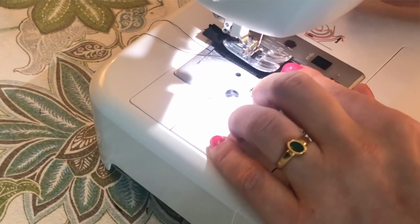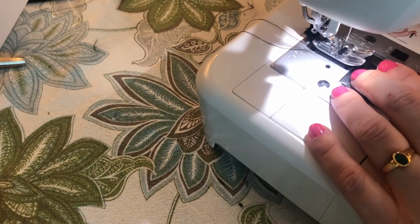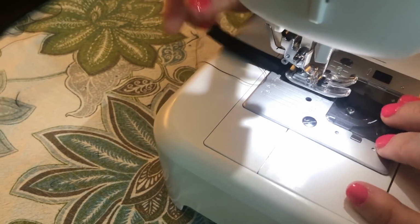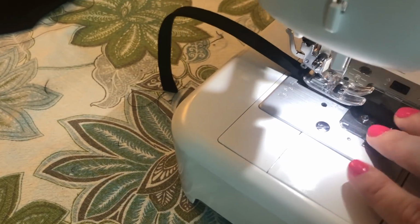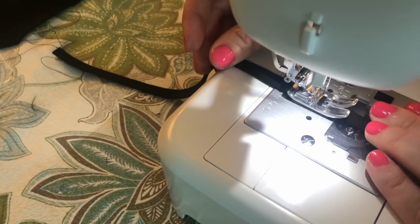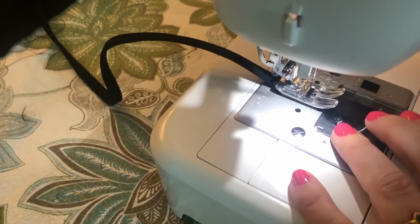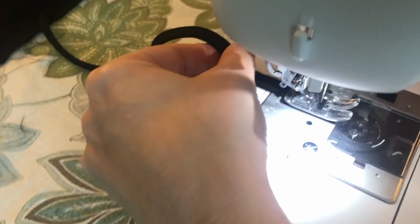And I like to start a couple inches in because it's really easy to kind of knot up your thread in your machine. If you start right on the end, the loose threads of the fabric and everything will kind of get in the way, and you don't want that. And so you kind of start at the end, go back, then go forward to do your little reverse stitch knot business. Go all the way through,